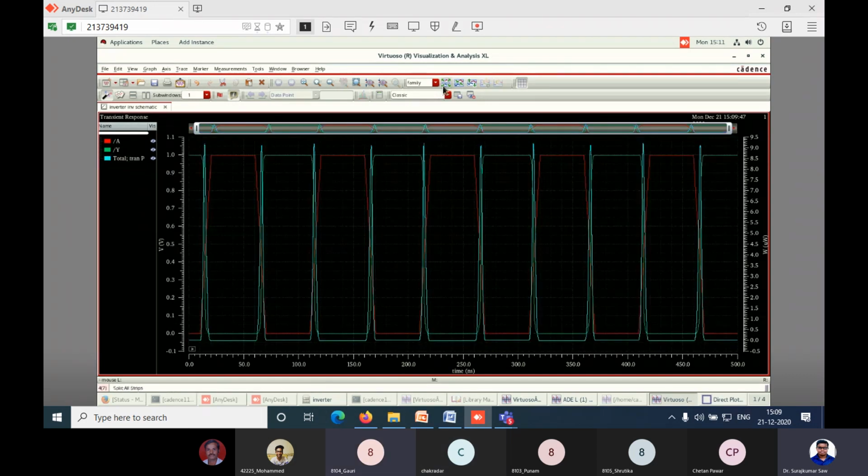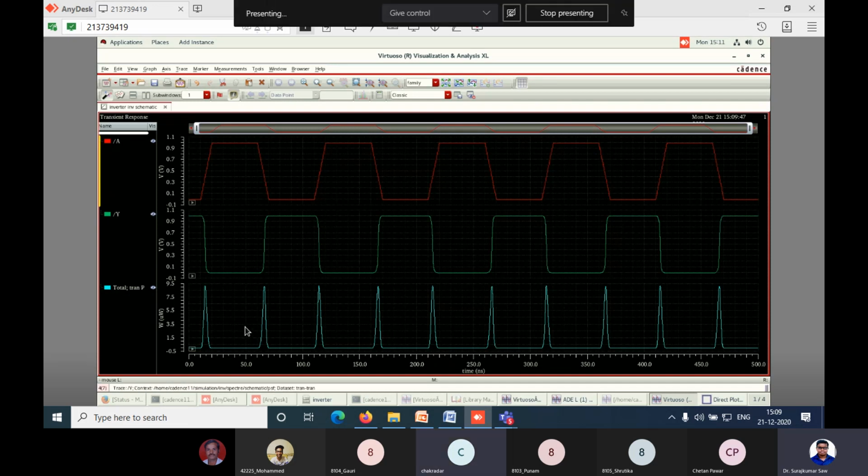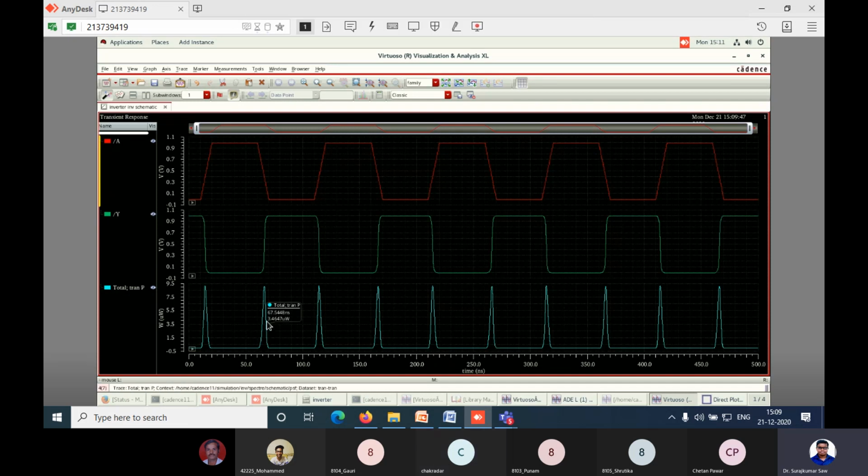Right. Now you can split the window. Yes, very good. All of you have got the power, I think. Okay, fine. Shrutika, Gauri, split the window. Shrutika, have you got the power? Transient total power it is. Sir, I'm splitting it, but it is not getting divided. Okay, good. Sir, please help Gauri to split it.